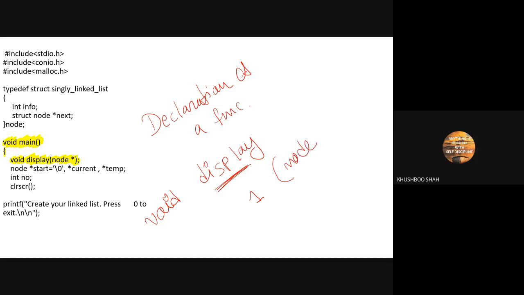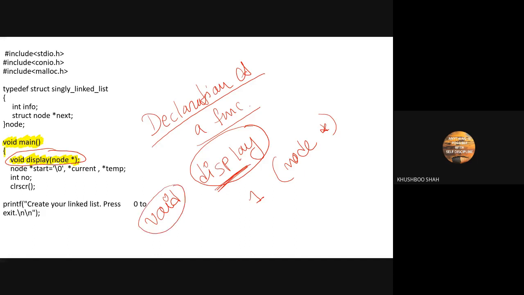And in this node, what are we going to pass? A pointer. Pointer means what we can call an address, right? So if I describe this line, it means that this is the declaration of the function. The name of the function is display, which has a void data type, meaning this function is not going to return anything.